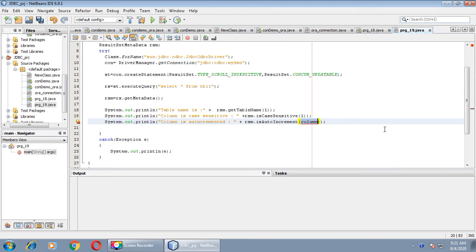Replace this parameter with the index number, 1 is an index number.